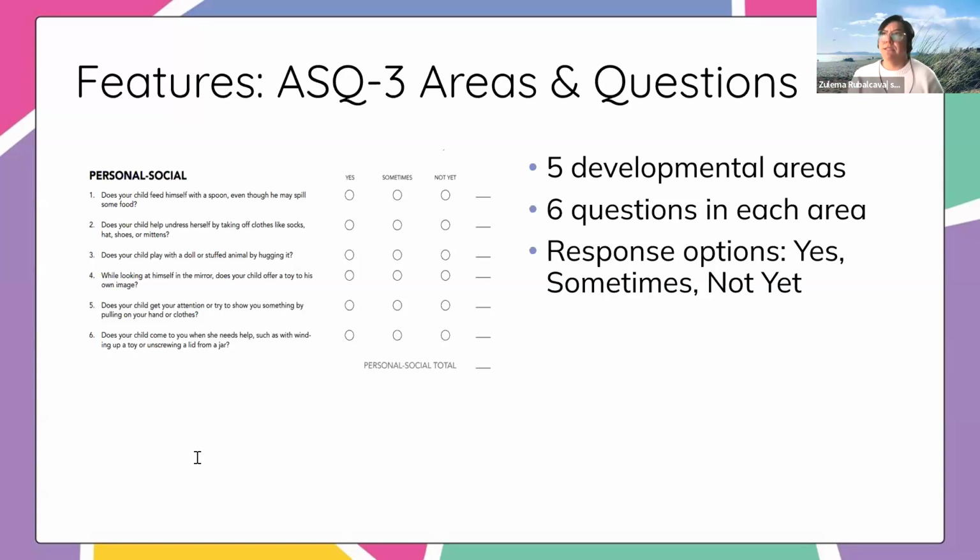So for some children, let me see if I can. There's a question around flipping a page in a book, right? Can they use their fine motor and do one page at a time? Some children are flipping pages, but their fine motor is not so refined yet, right? So they'll grab a couple, 2 or 3. So that's a sometimes, right? Sometimes they can isolate one page, but most of the time they're still flipping 2 or 3. It's coming. They're still learning how to isolate those little fingers to do just one page at a time. Does that explain that? Is that a good example?